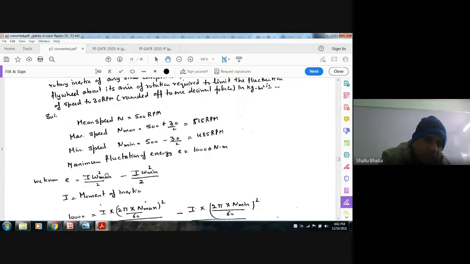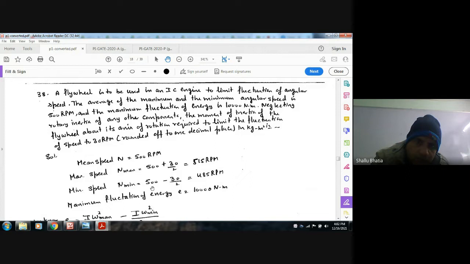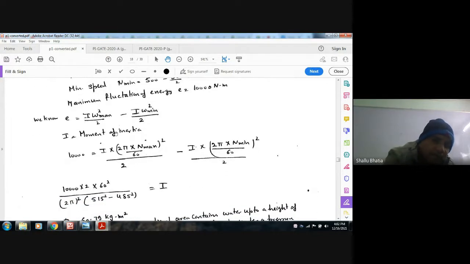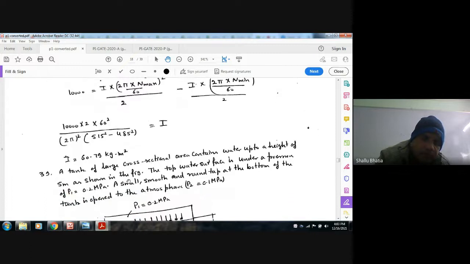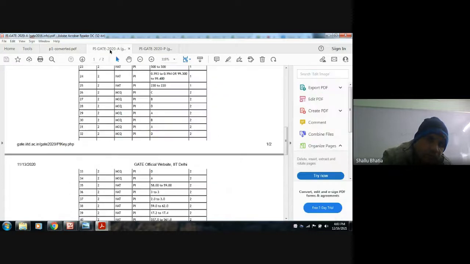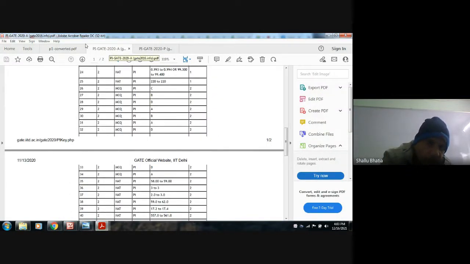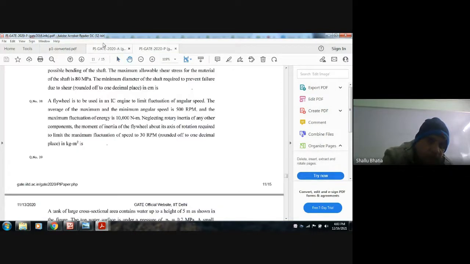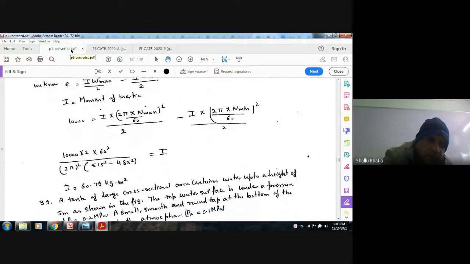Okay, now the fluctuation of energy is given by maximum energy minus minimum energy. The maximum energy is I omega max square by 2, and minimum energy is I omega min square by 2. Now that fluctuation is given as 10,000, so we'll put E equal to 10,000. You have to calculate the moment of inertia. All others are given. N max is given, so we can find out omega max, and N mean is given, so we can find out omega mean. Putting the values, we can find out I. So I is 60.79 kilogram meter squared, because the answer range for the question is 59 to 62. Okay, so the answer is 60.79. Next,